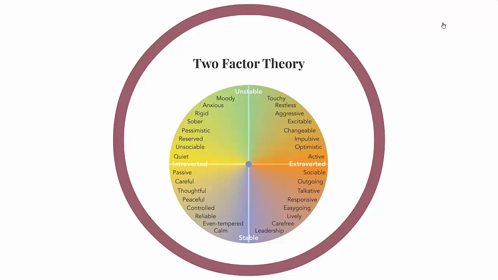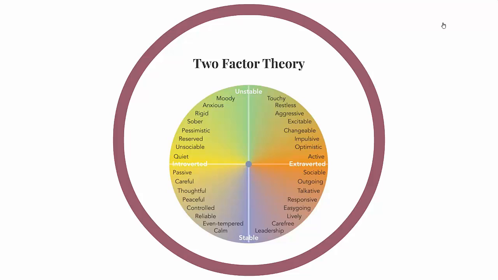So if you are really high on extroversion, you might answer questions about being active and sociable as totally like me. These are things that I frequently do. Whereas if you're really high or strong in introversion, or identified as introverted, you might identify strongly with being quiet or passive. Again, most of the statements are behavioral definitions of what you are doing as an individual, and then you get to rate whether you are strong or weak or moderate on those qualities. And then we have stable and unstable.